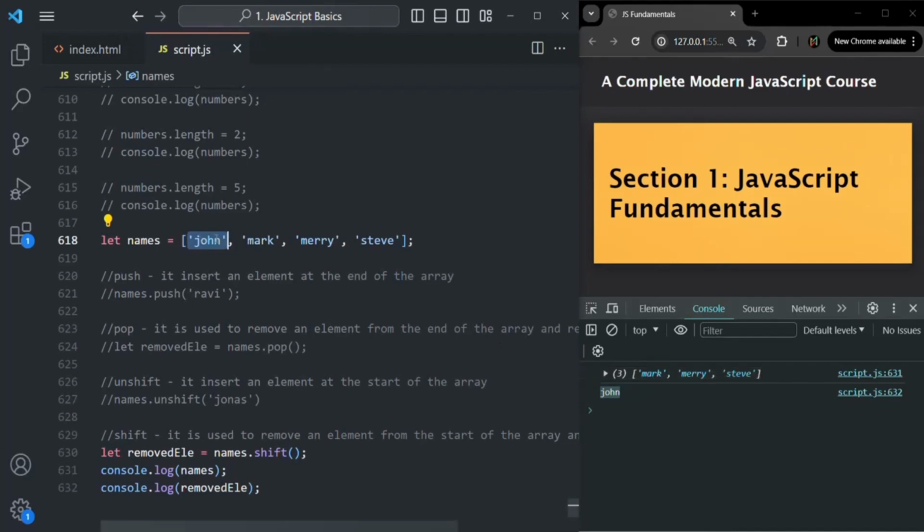And it has also returned that value. And we are storing that returned value in this removeElement variable. When we are logging it, it is logging that removed element value. So these are 4 methods for inserting and removing elements from the array. Push and unshift are used to insert an element, and pop and shift are used to remove an